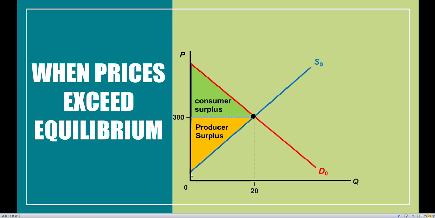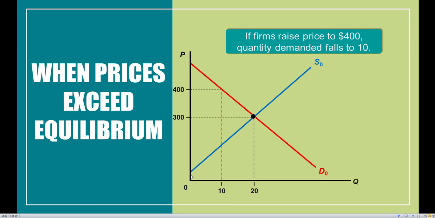But what happens in the marketplace if, suppose, prices increase to $400? Using a little bit of economic intuition, who do you think is going to win and who do you think is going to be losing when this scenario comes to fruition? If prices are $400, that tells us that prices are above the equilibrium price of $300. So who would like this situation? Would consumers like this situation, or would suppliers like these circumstances?